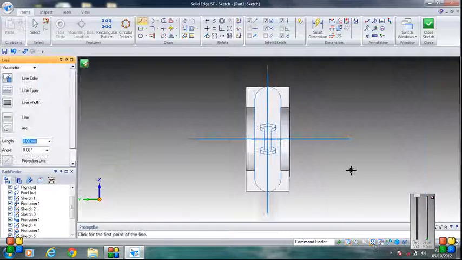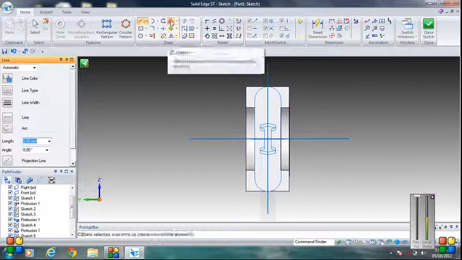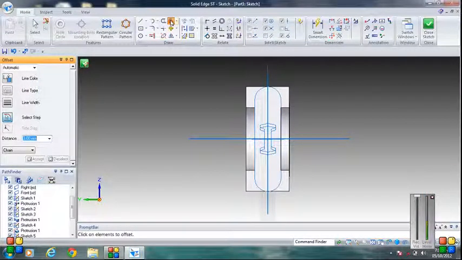Now go to offset, distance is 16.5, create that line here and create this line here. Then offset distance is 30, select this line, offset it here, then zoom window.